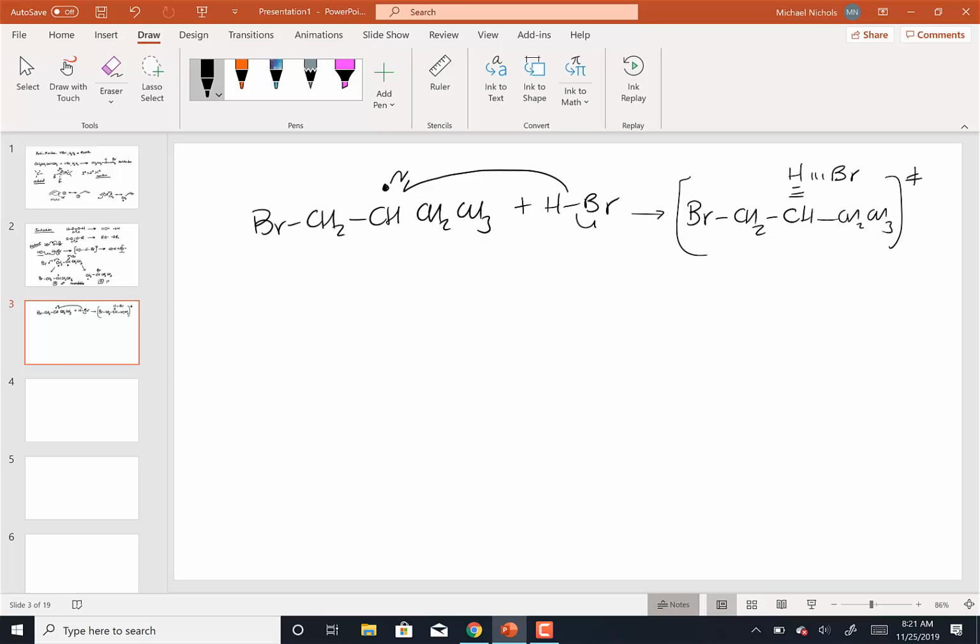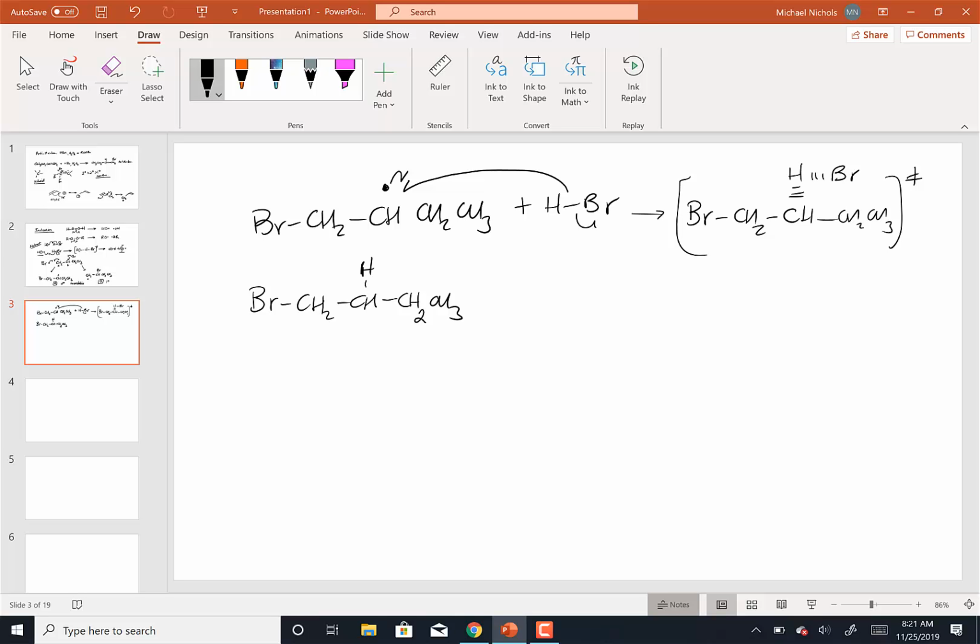So in the transition state, I've got a CH bond forming and an HBr bond breaking to give me the final major product of the reaction, which resulted in the Br adding to the carbon with the most hydrogens and the H adding to the carbon with the least hydrogens,